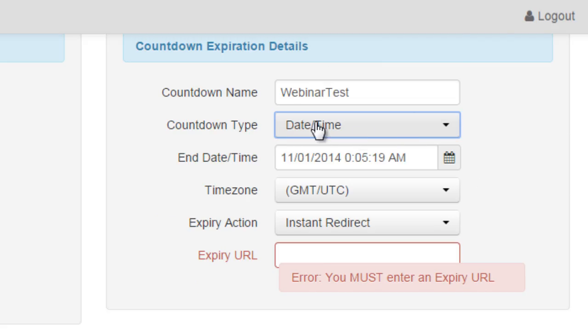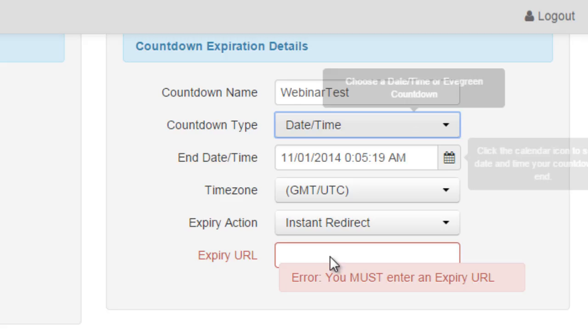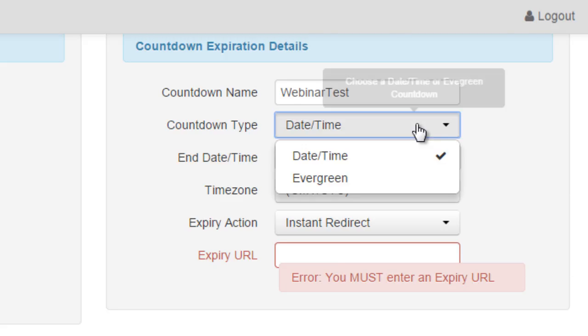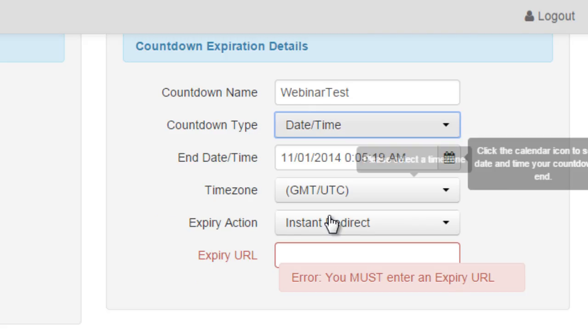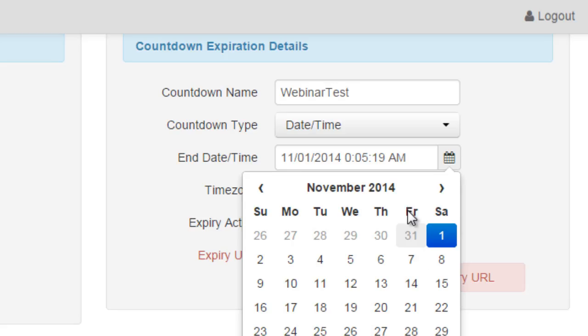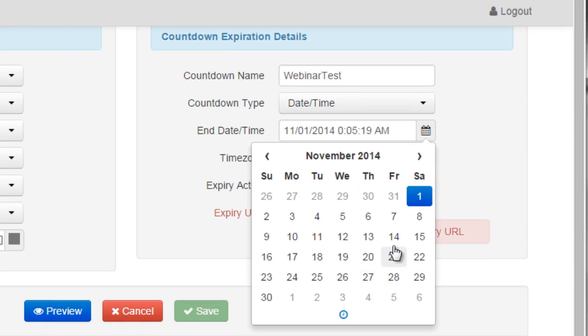And then of course we have the real live countdown. So that's real time. So everybody sees the exact same timer. So you can do evergreen and date and time. So with the real time, let's say for example that we want to do November, let's say we'll start it on Monday.